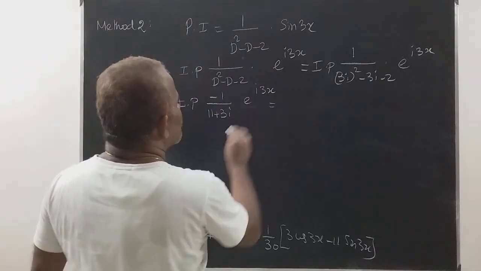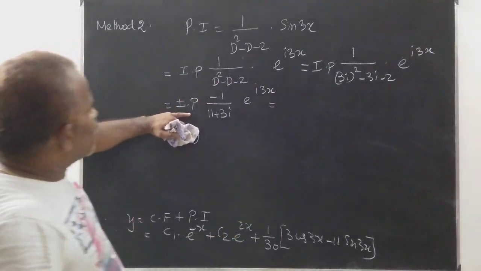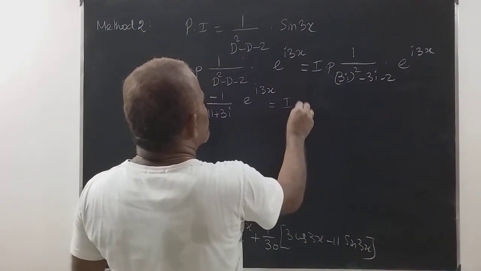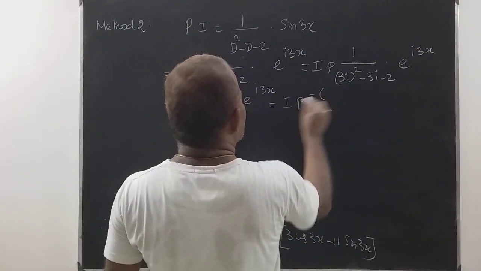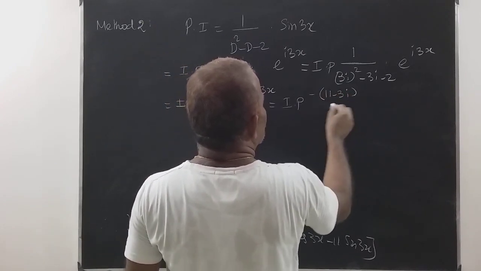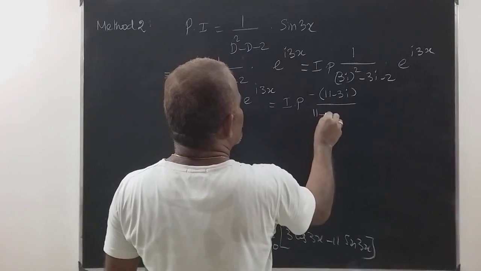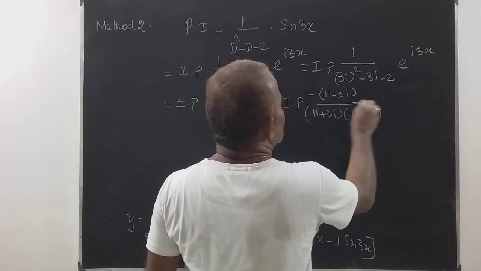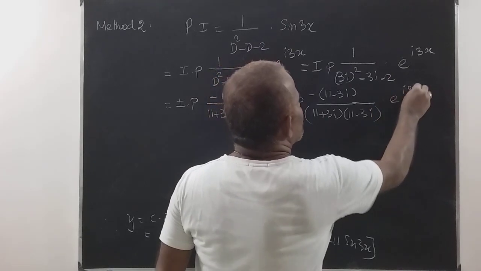So therefore again, I am going to find out the imaginary part, so I will multiply it by 11 minus 3i divided by 11 plus 3i into 11 minus 3i into e power i3x,